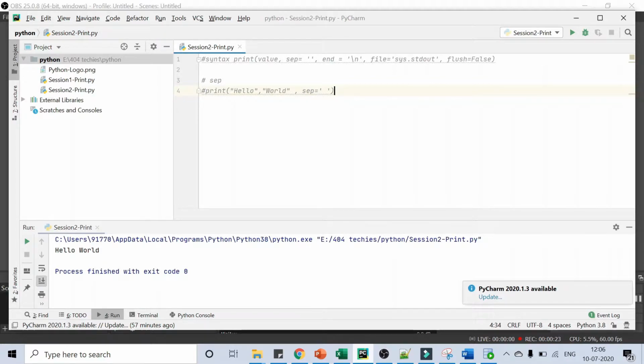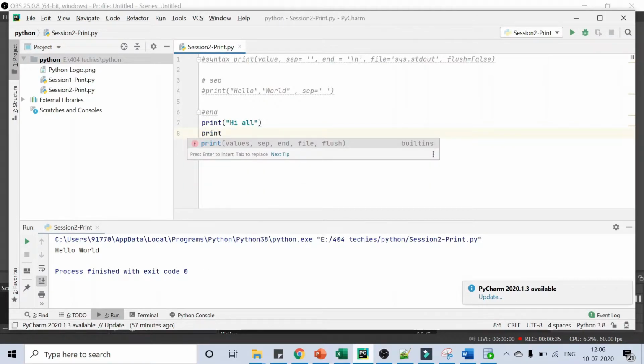So let's see about the end parameter in the print function. Print hi all and print welcome to my channel.